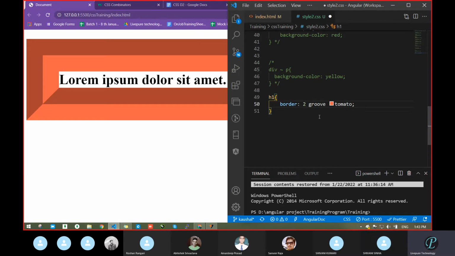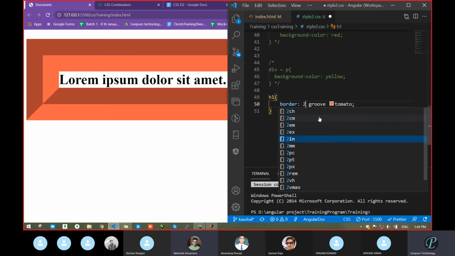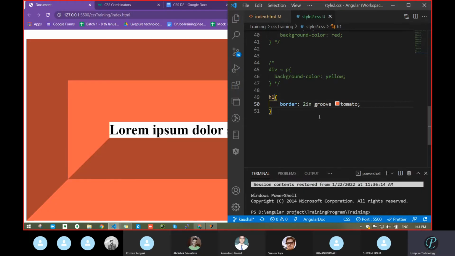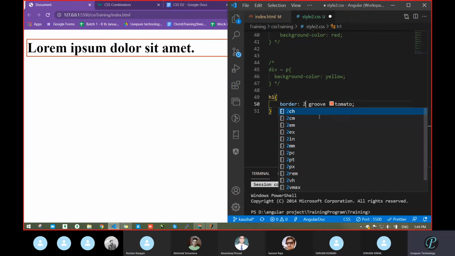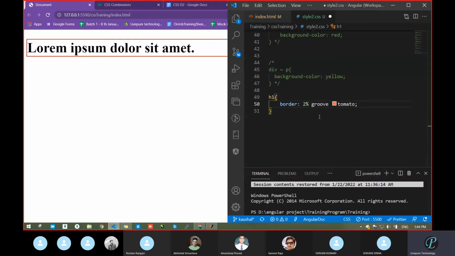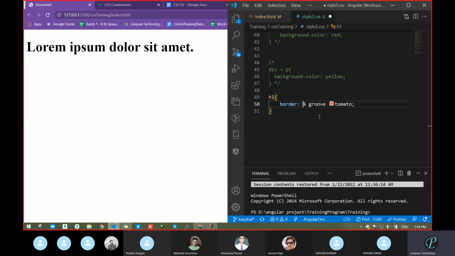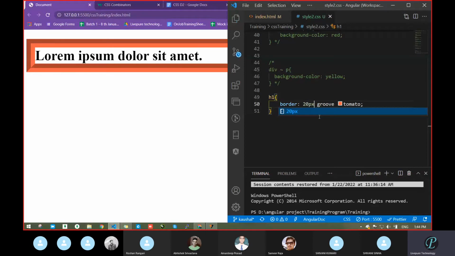Don't write this type of code: cm, mm, kg, kilogram. There will be options, no? Yes, already, sir, the option is there. Take inch, I think. See this. Okay, not an issue. But mainly we are taking pixel. The second thing we are taking is percent. Check with percent. Oh, in a border we can't take percent. It does not work. But usually we can pass it in other cases.